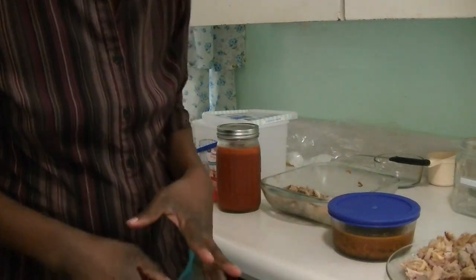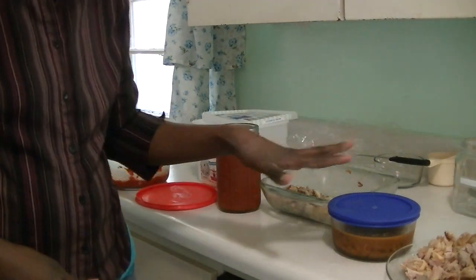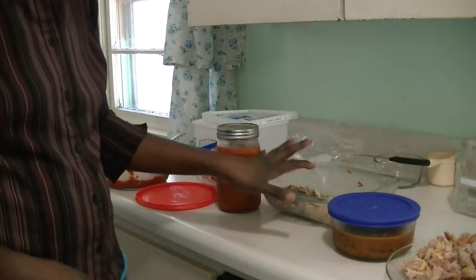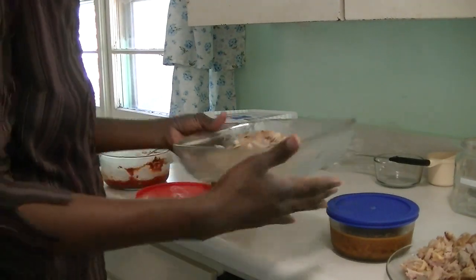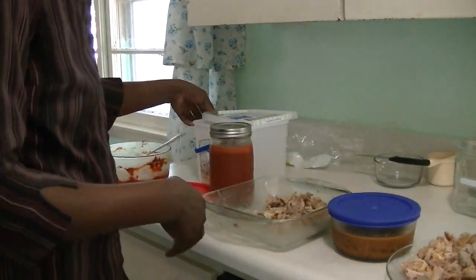So at the same time that I'm doing that, I know that I will have more left, because in the pan that I used to store the chicken in the fridge, I have some remaining with some fat. I chopped them out and I took